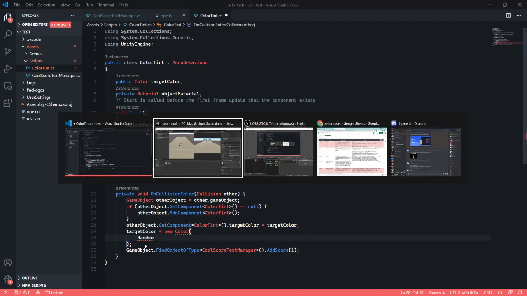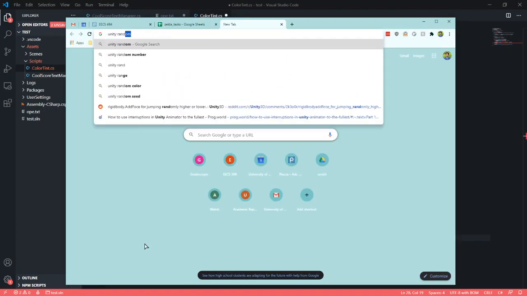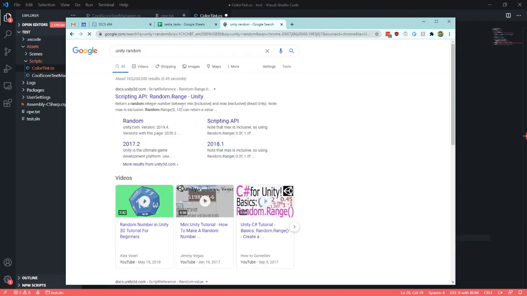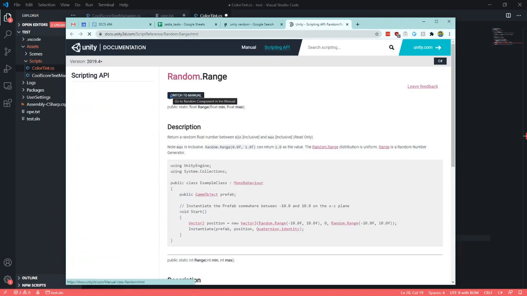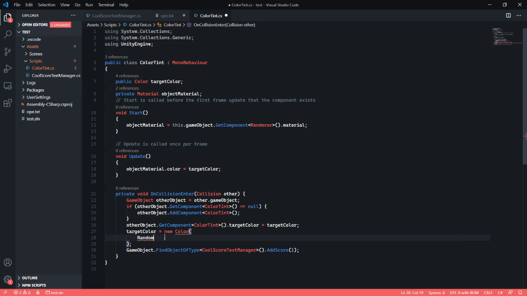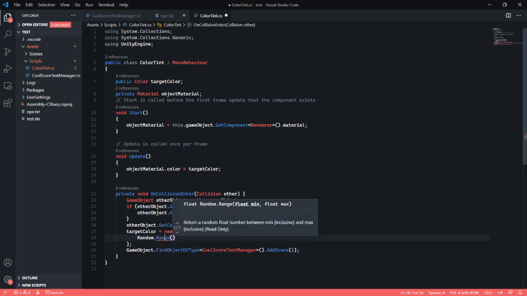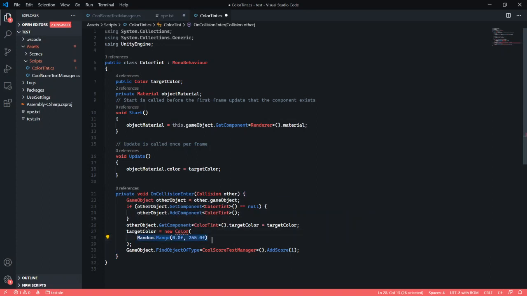I don't remember how random works, so you can see how prepared I am for this. So let's look this up together. Unity random: return a random float number between min and max. So yeah, we'll just do random.range 0.0f, 255.0f, and we'll do that for